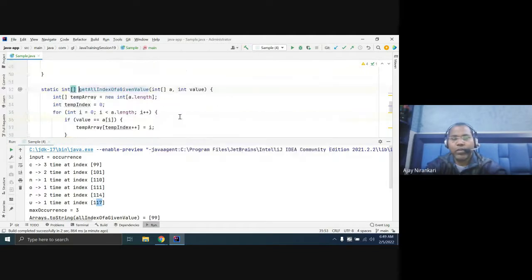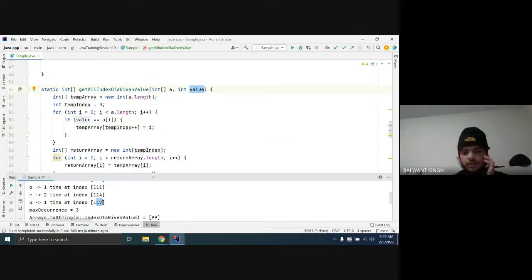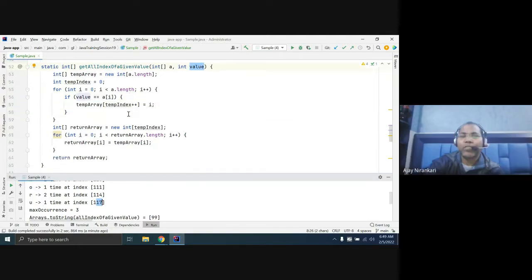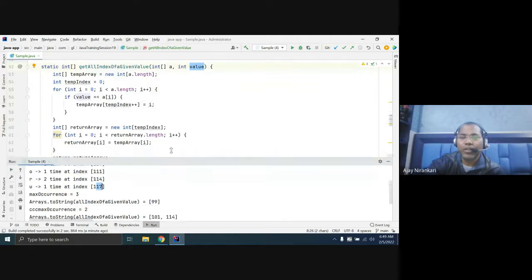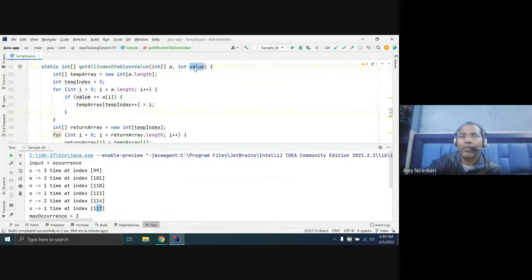Go to F3 here and look. What I am trying to say is, whatever value you give, I am going to match. If the value matches, whatever the index is, just note it in the array. Whatever the i value is, just match. Sir, I want to understand how this method works. Let me explain. It only does this: whatever value you pass here, I pass 3.